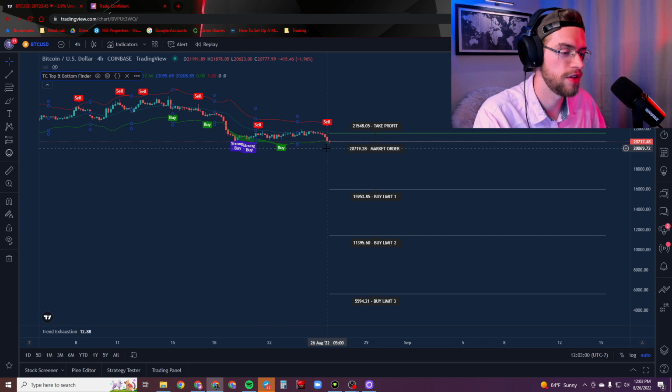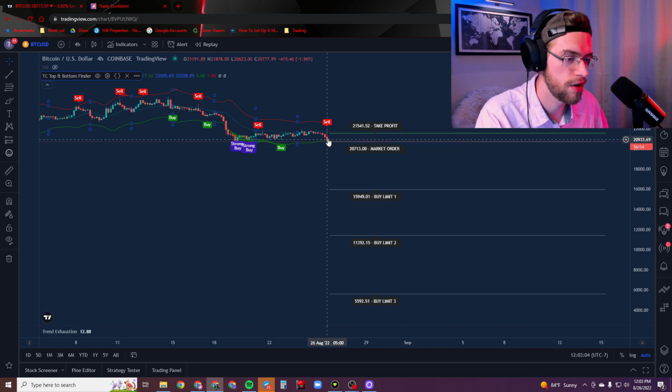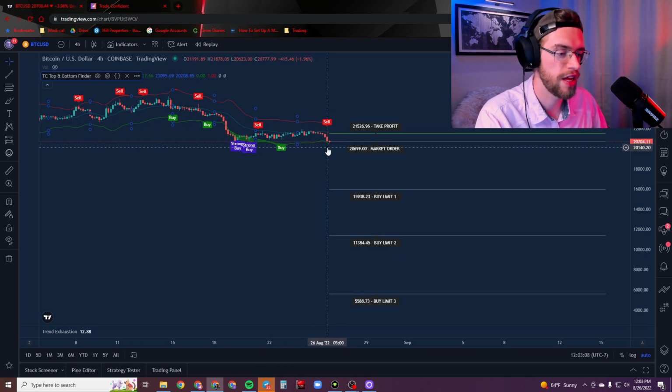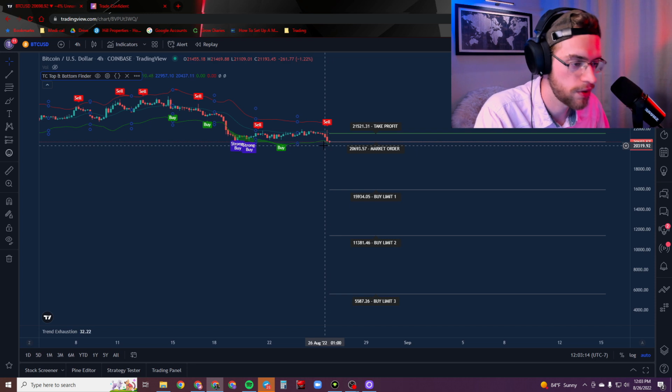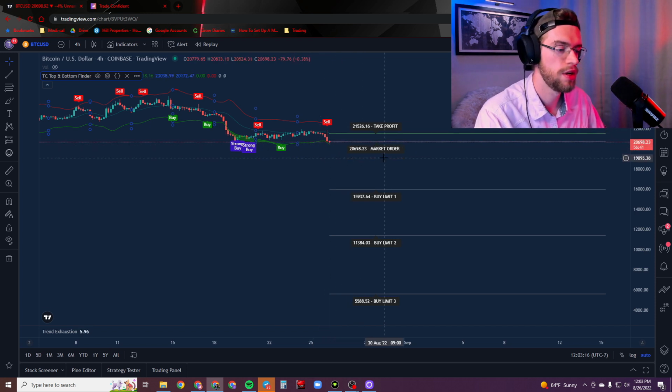Again, a buy signal is confirmed on candle close. So this right here is a confirmed sell signal. This here is a confirmed buy signal. If the candle is still open, it is not considered an official signal yet. Keep that in mind. As soon as the candle closes and you are ready to enter, you can hit your